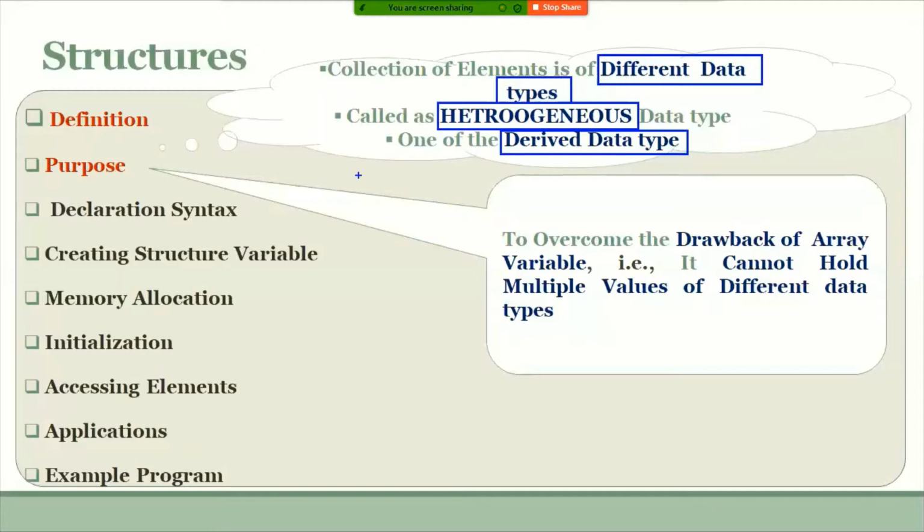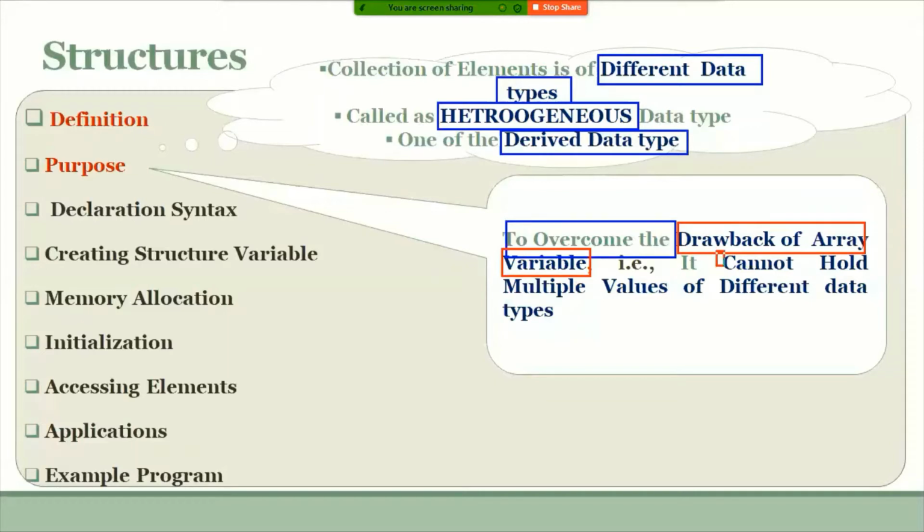Okay, why do we need to go for structures? What is the main purpose of structures? The main purpose of structures is to overcome the drawback of an array variable. What is the drawback of an array variable? An array variable can always store a collection of elements of the same type.